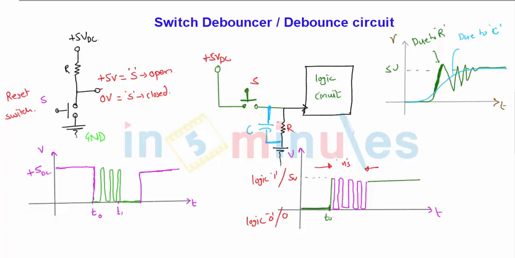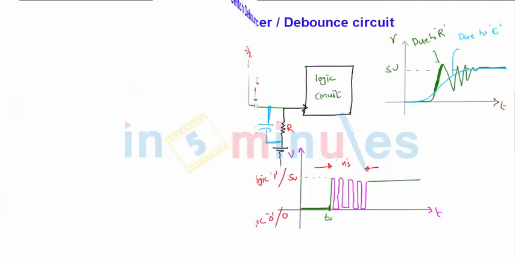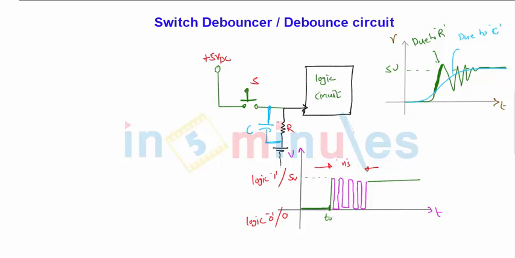But there are some circuits for which this debouncing is of no use. Let us see what kind of circuits these are. Let us consider an SR flip-flop. I am just taking it as an example, as there is a wide variety of debouncer circuits used. So particularly I am using here an SR flip-flop, giving outputs Q N and Q N bar. So these are the outputs.